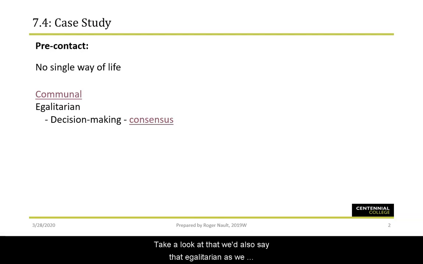Take a look at. We would also say that egalitarian, as we saw in that picture, that representation. Many jobs to be done, and everybody very busy ensuring the survival of the communal group. Decision making is always a very big idea, and